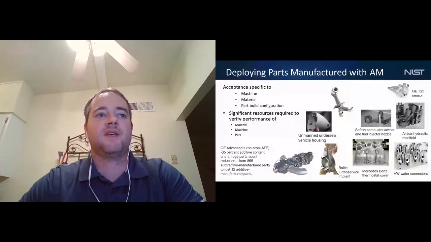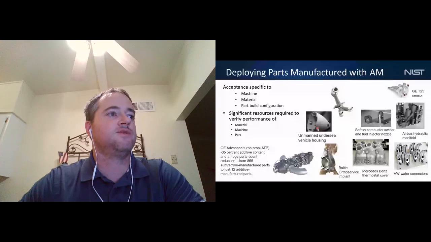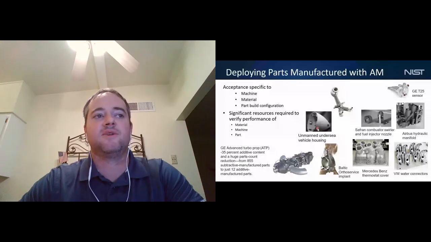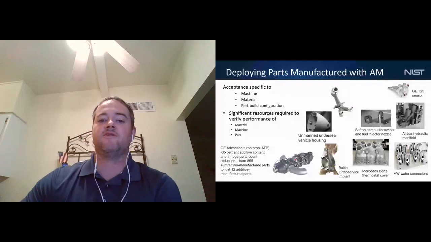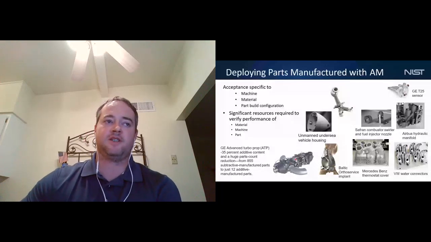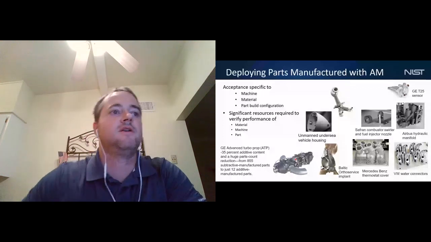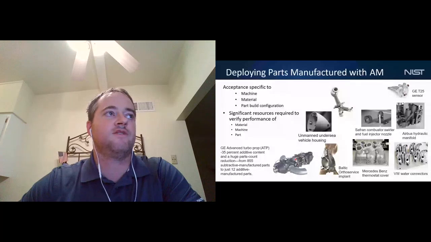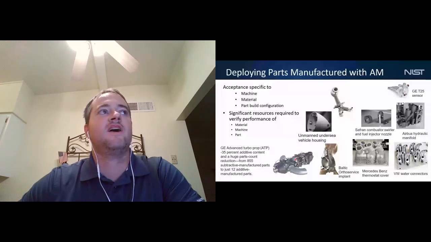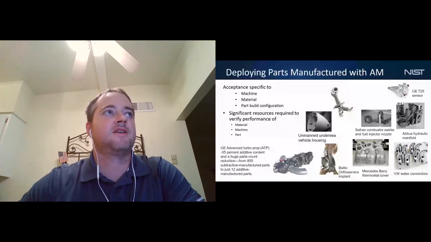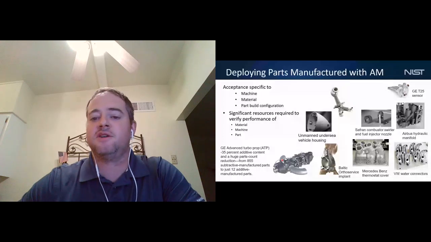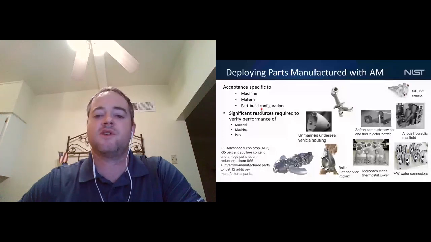And when I first created this slide a few months back, maybe a year ago, I was really surprised to see this one, as I wasn't familiar with it at the time. But the amount that additive technologies have really been applied to reduce part production, part numbers, and just increase our production capabilities and our production flexibilities. But what we are seeing is when we are creating these accepted parts, they're often specific to the machine, to the material, and to the part build configuration. So we're finding things that work, and we're trying to dial it into that thing that works.